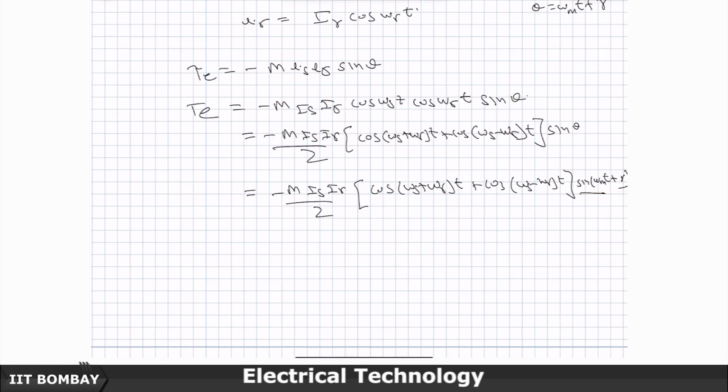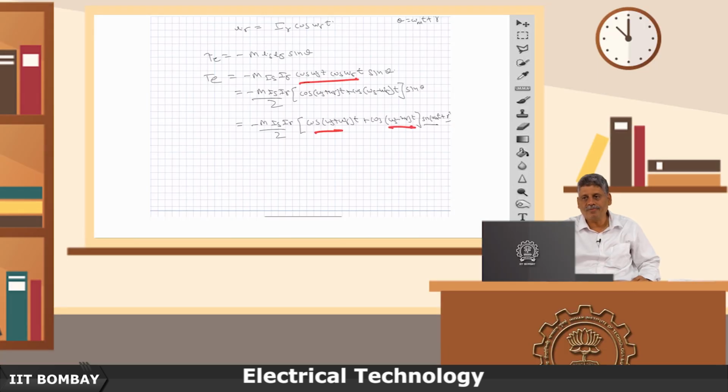So, this is what I will use once with this and once with this combination. Now, the first cos, this thing, created two terms. Each one of them will further split into two more terms, so finally I will end up with 4 terms. So, I will get this as minus of